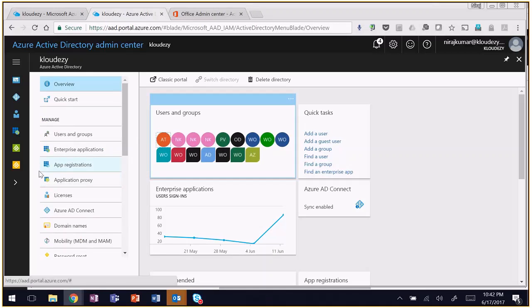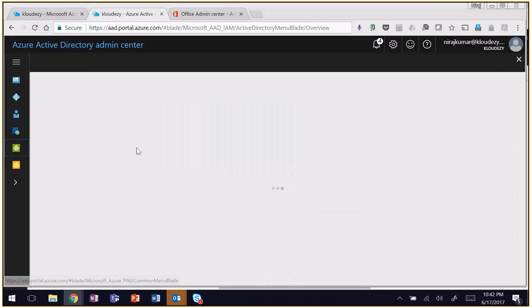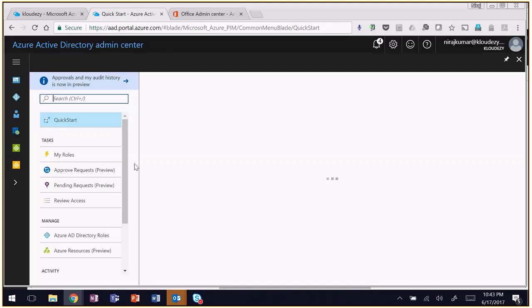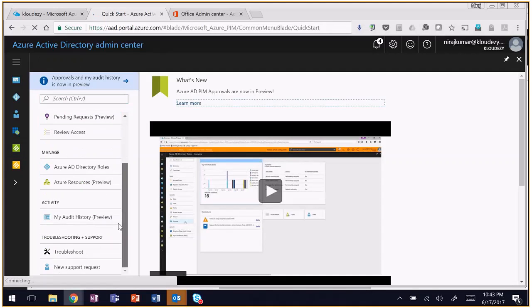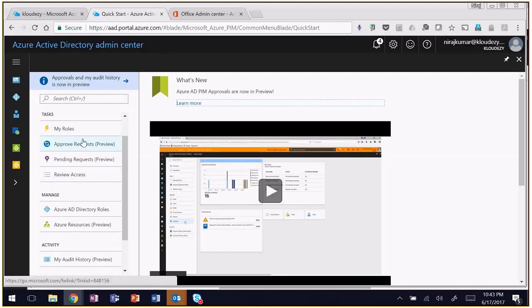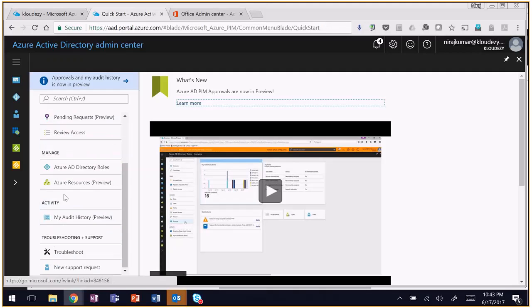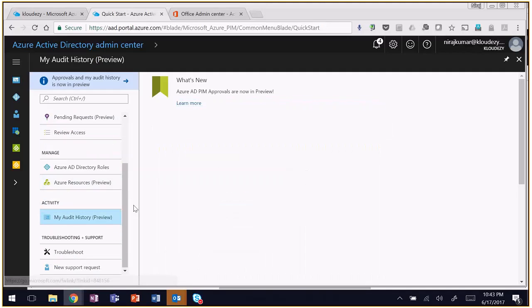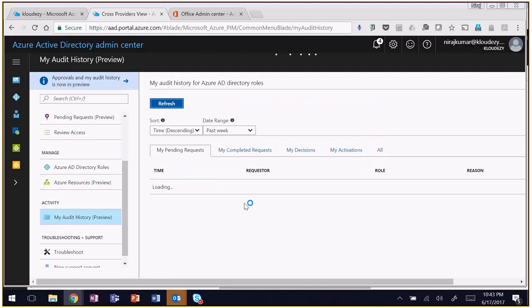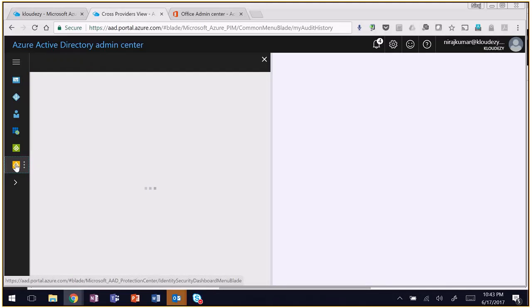Okay, so I will quickly move on. We saw Privileged Identity Management, and there are other options which you can configure. I really won't go into all those details, but we have approved the request. You can look at your audit history if you really want to, who has done what, and those kinds of roles and responsibilities. So next we will move on to